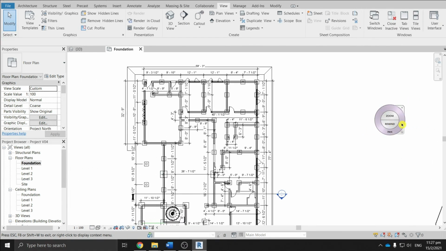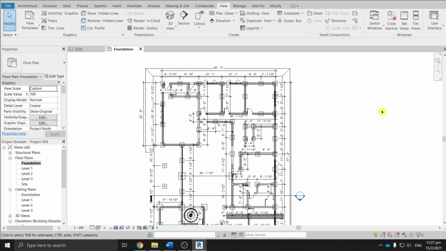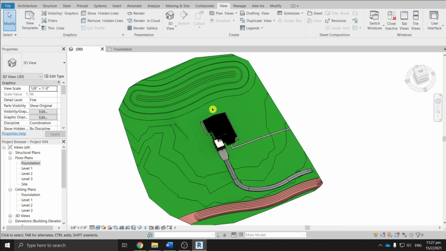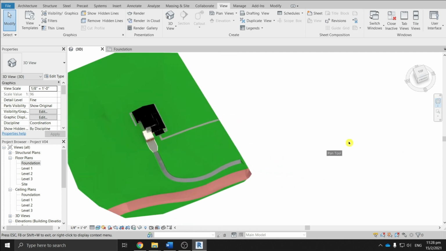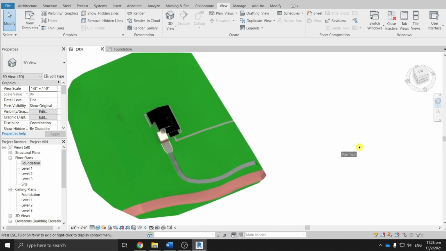Now this is in the 2D view. Now let's move into the 3D view to see how it behaves. Same as in the 2D view, here we have a 2D wheel with a few more additional options than in the 2D view. I will explain these other functions in the coming videos. Click and hold the pan panel as before to move the model around.